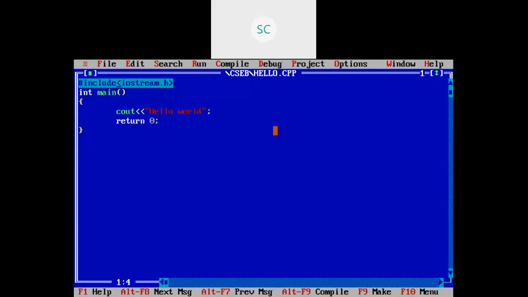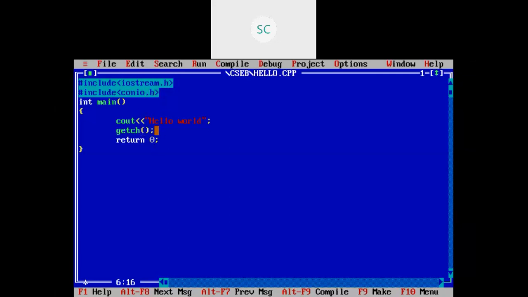Okay, see, instead of pressing Alt F5 at the end to see your output, just include one more header file, that is #include conio.h. This is a header file similar to C language. Or, before return, just use one statement, getch. What this getch will do is directly give your output. This getch is a function which is available in this conio.h header file.